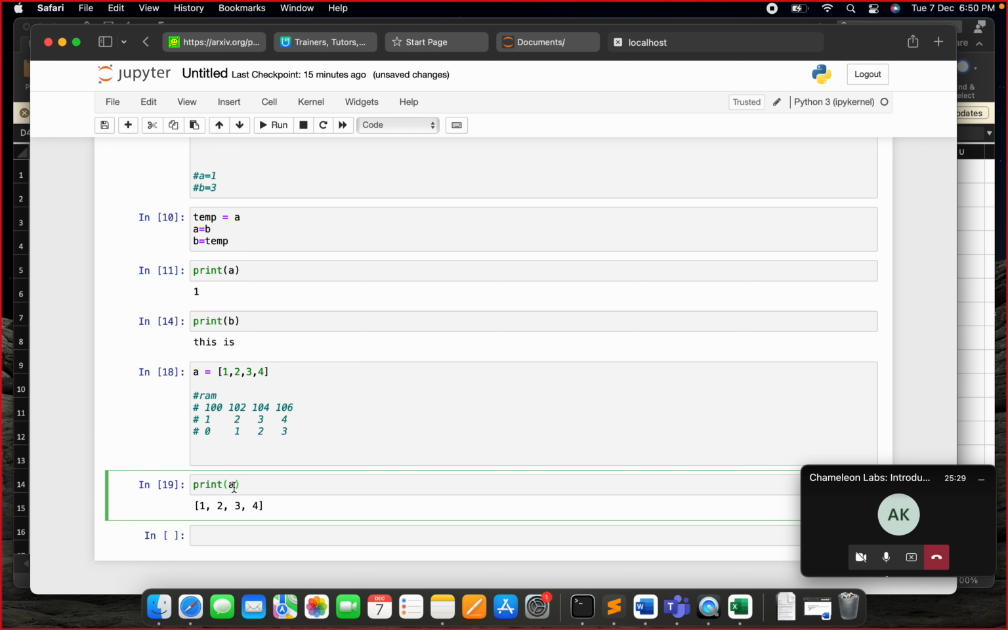So to access any element, I can give square brackets, a of 0. That means which value will it give me? 1. If I say 1, then 0 1, it should give me the second value. So this is how we access the